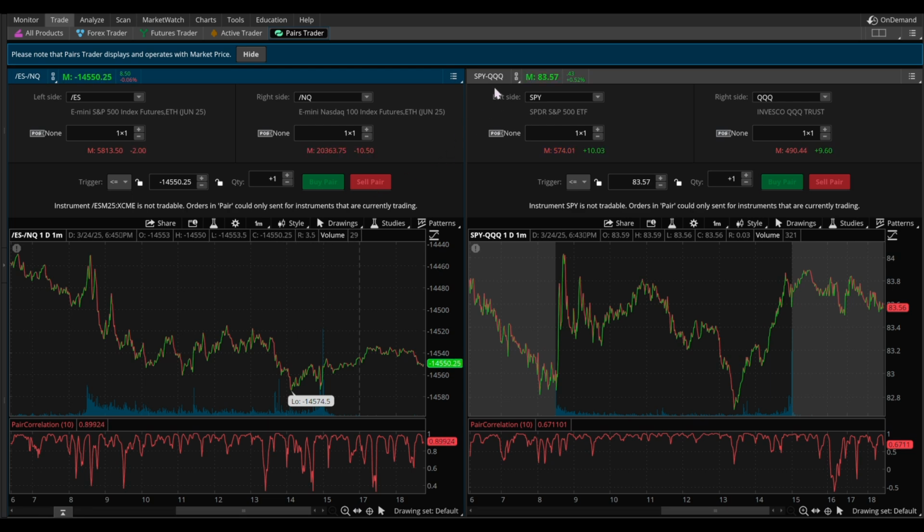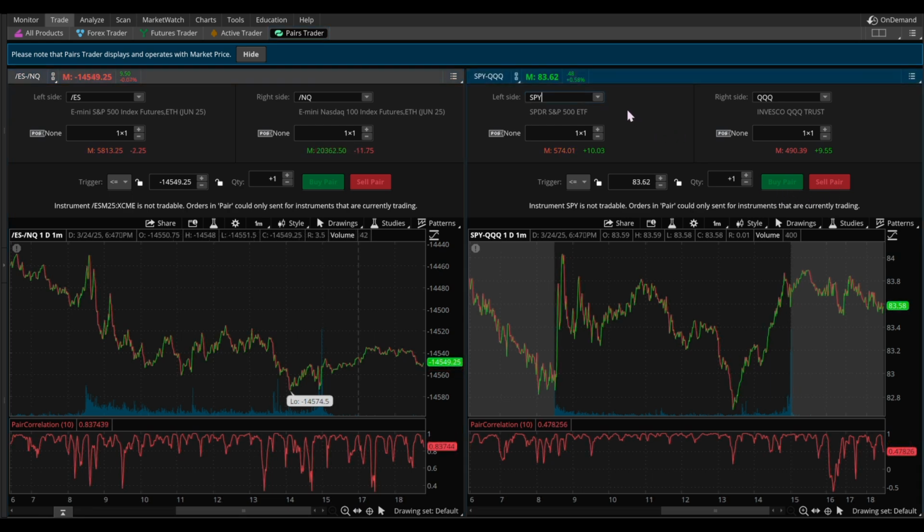And then you can also do it for ETFs. So let's say, for example, you want to look at SPY and QQQ. Same thing, you can set a trigger for it, also have the number in quantity, and then buy the pair or sell the pair. Now, for anyone unaware of what pairs trading does specifically, it just involves finding two correlated